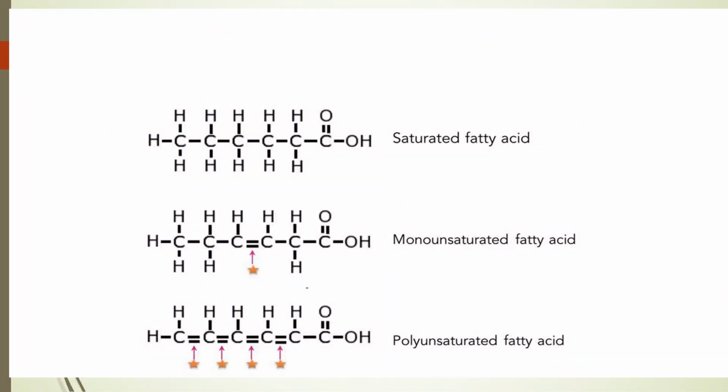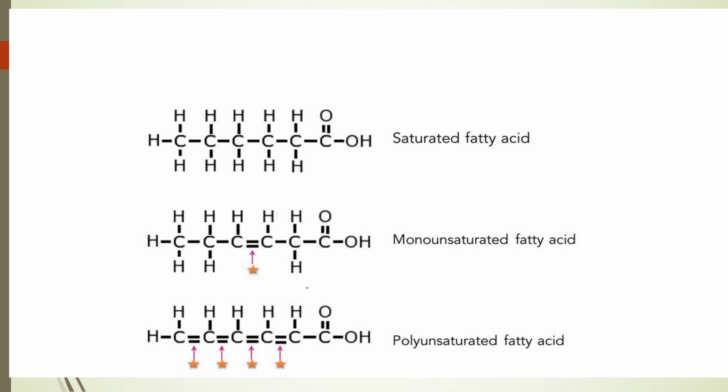Here is the basic difference between saturated fatty acid and unsaturated fatty acid. Fat is made of two kinds of smaller molecules, glycerol and fatty acids. Fats are made up of long chains of carbon atoms, in which some carbon atoms are linked by a single bond and others by a double bond. Saturated fatty acids have single bonds in the carbon chain. Monounsaturated fatty acids have one double bond in the carbon chain, and polyunsaturated fatty acids have more than one double bond on the carbon chain.